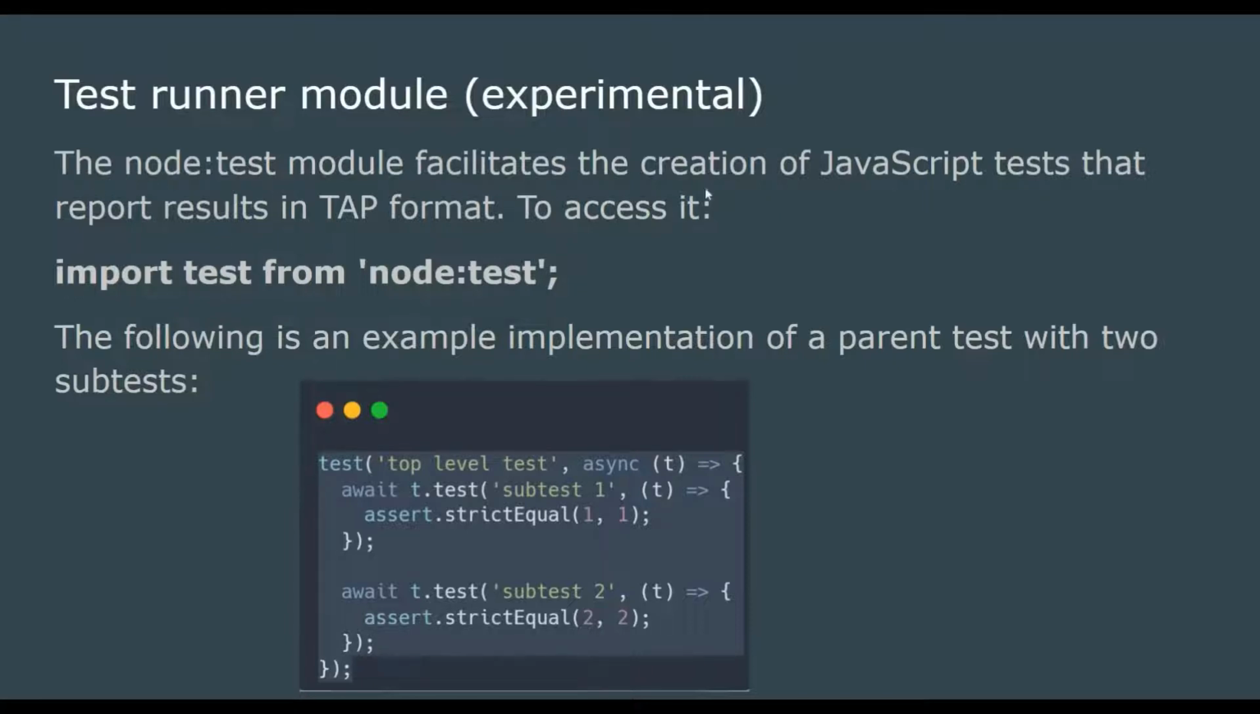Okay, the node test module facilitates the creation of JavaScript tests that report results in TAP format. So we only need to do import test from node:test, and then write the test cases like this. It will be really easy without using any third party. So node:test will import the core test runner module, and we are easily able to do assert equal or any kind of unit testing implementation as a part of Node.js